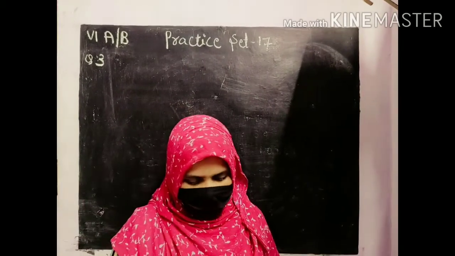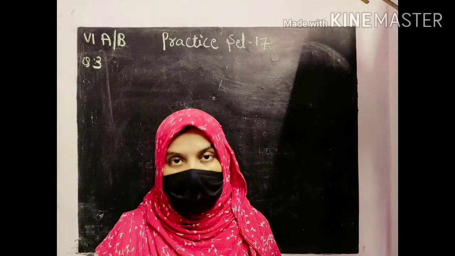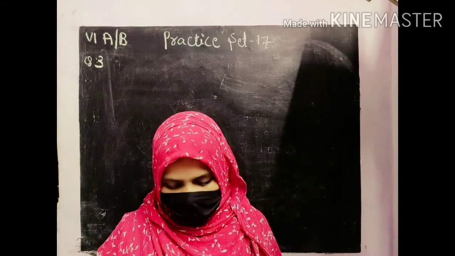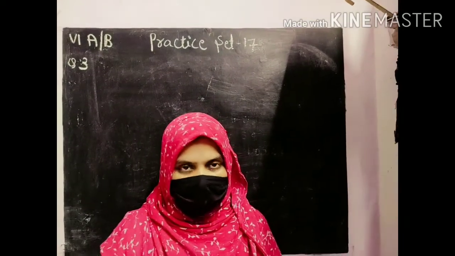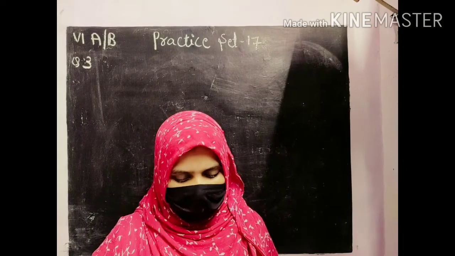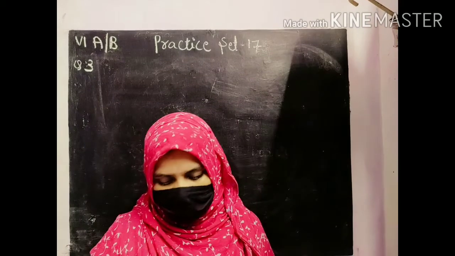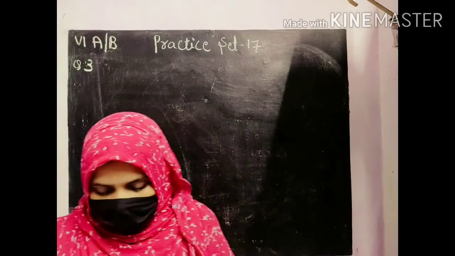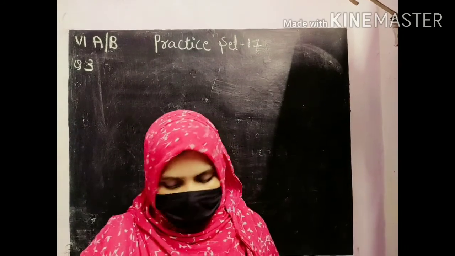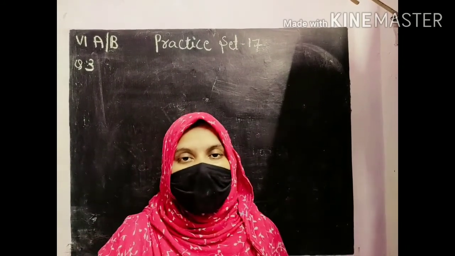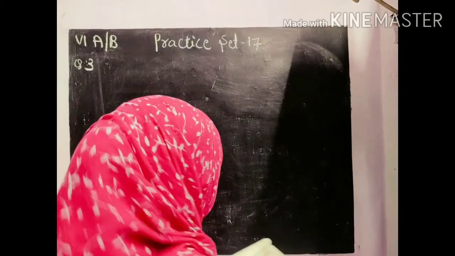Question number 3 is: Pradnya exercises regularly by walking along a circular path on a field. If she walks a distance of 3.825 kilometer in 9 rounds of the path, how much does she walk in one round? In this question, we have to find out how much Pradnya will walk in one round. First we will write the statement, then we will solve this question.